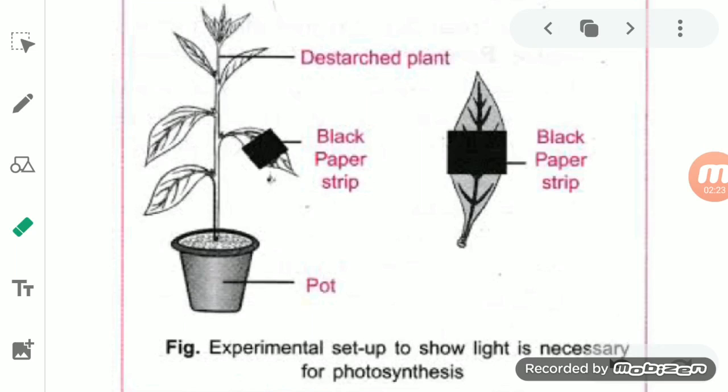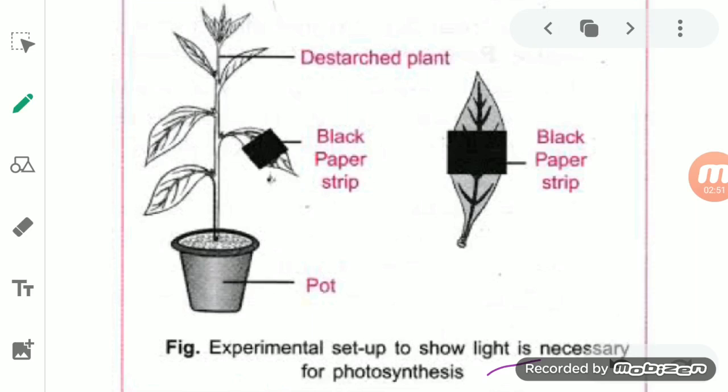Now we will perform another activity to show that sunlight or light is necessary for the process of photosynthesis. So we know that the chlorophyll which is present in the leaf is responsible for taking the light. And why is this sunlight necessary for photosynthesis? Because this sunlight